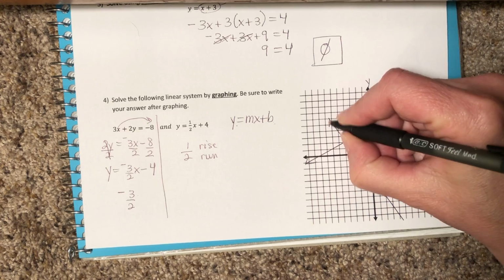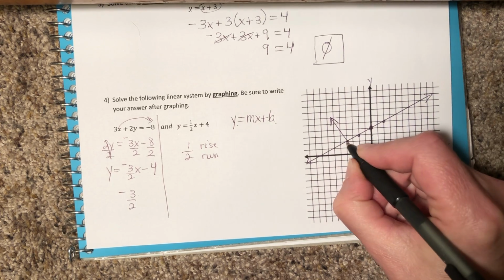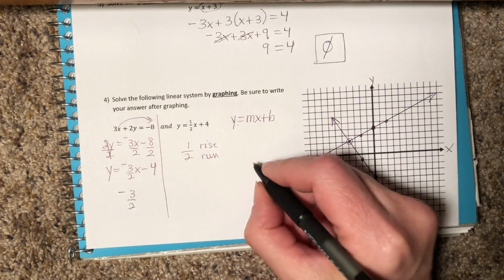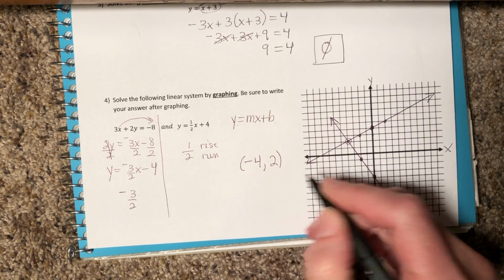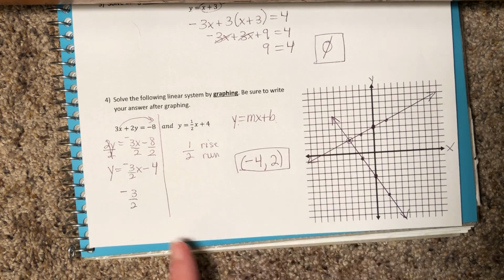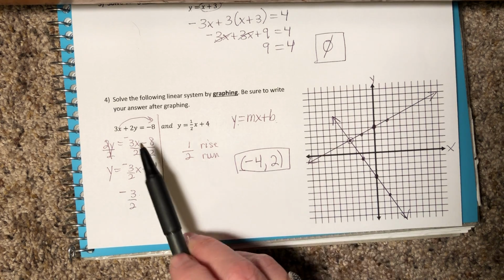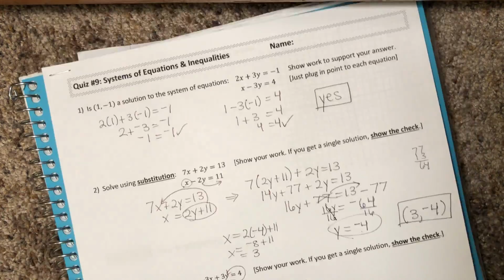Okay, there we go. So these two lines are going to intersect right here. 1, 2, 3 at negative 4, 2. And for any system of equations, if you're not sure if you graphed it right or you have the right answer, plug in your point to both equations and see if it works. Okay, number